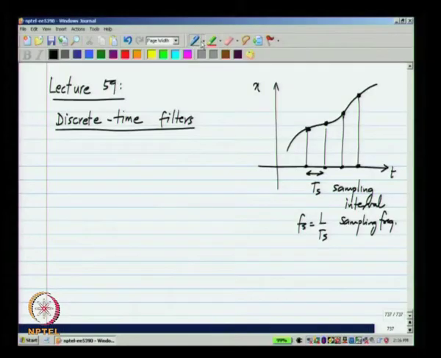Now, what we try to do in this lecture is to see how we can make these discrete time filters. We already know how to make continuous time filters, so we will take that as a starting point and make our discrete time filters. We could start from the description of a discrete time filter in the sample domain, that is in the Z transform domain, but usually what is done is, because there has been a large body of work trying to find out optimum transfer functions for continuous time filters, the same is used but adapted to discrete time filters.